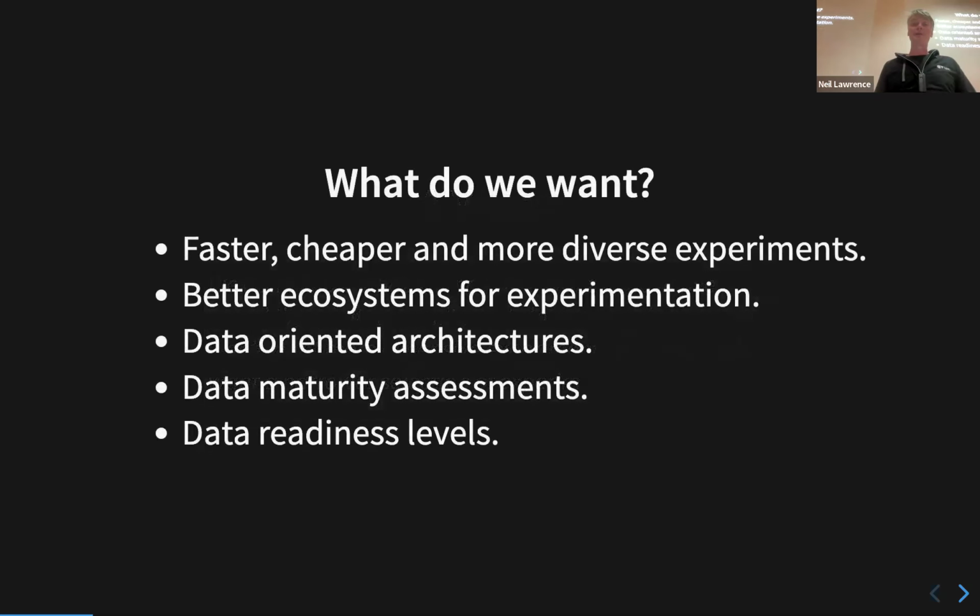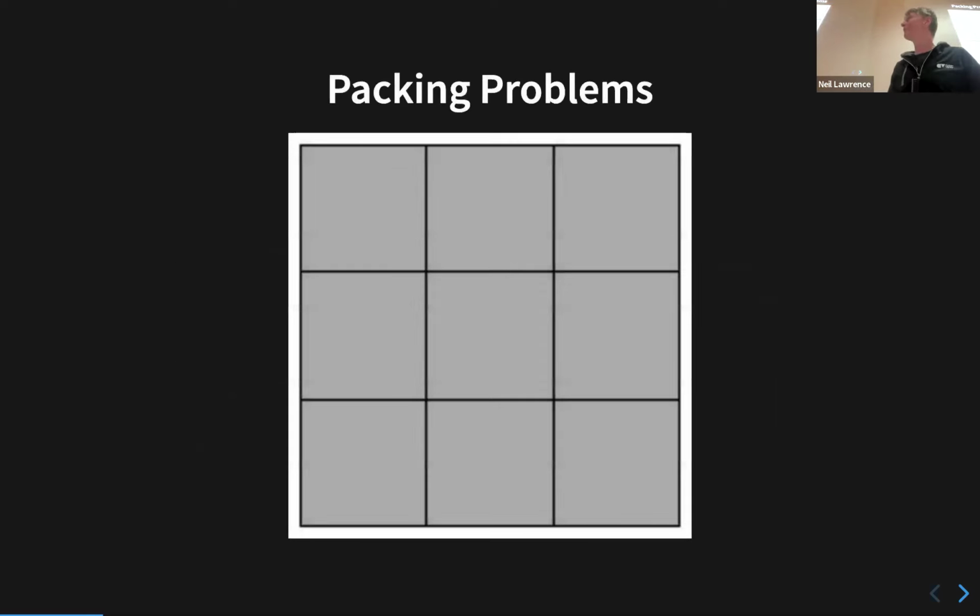So what did we want? Faster, cheaper, more diverse experiments, better ecosystems for experimentation. And the way we think you need to do that is through a bunch of things that we continue to work on now: data-oriented architectures, data maturity assessments, data readiness levels, that actually allowed us to get a better assessment of what the software in Amazon was doing. But coming back to the type of simulations we're interested in,